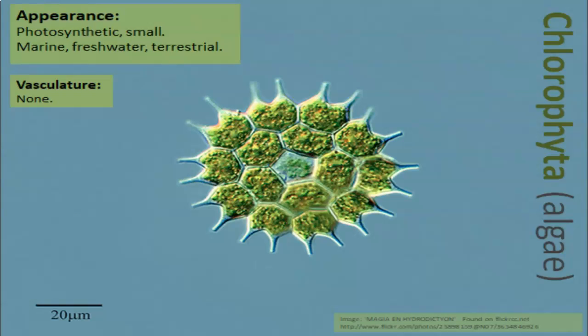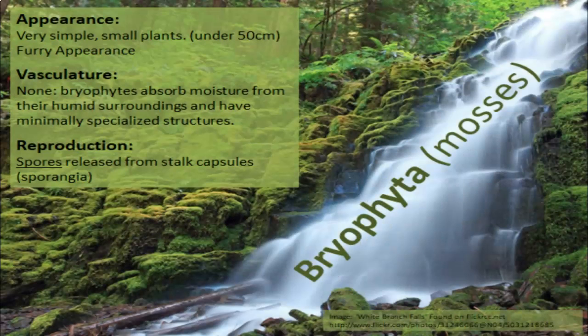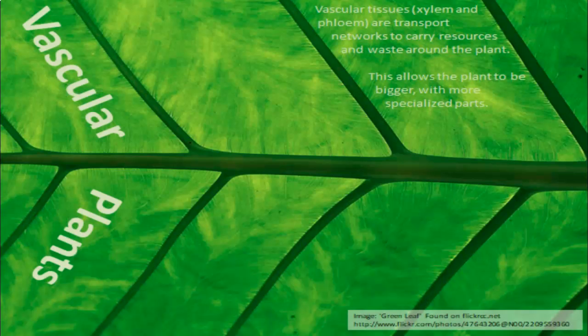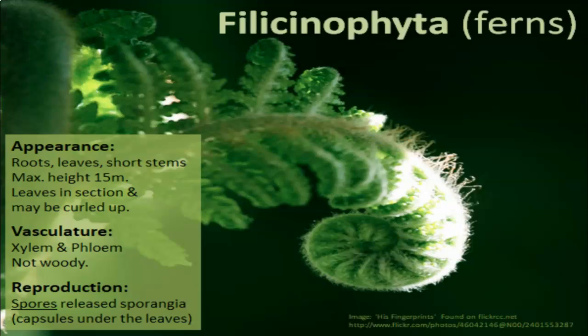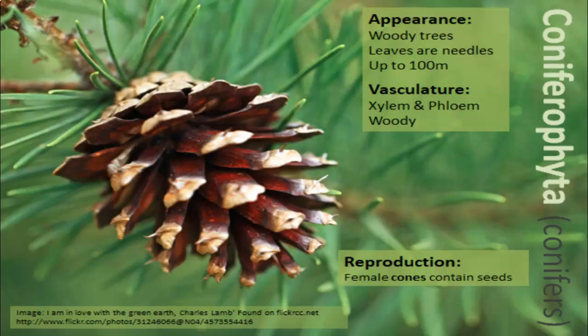Each of these you can see there's going to be a picture for all of them. This is Chlorophyta. You should maybe pause and read things if you want, or just look at the slides afterwards. Mosses, you've got some key points about all of these organisms in the box with the appearance, the vasculature, reproduction. Key things that maybe you want to write down. And then vascular plants have vascular tissues. And so we've got ferns.